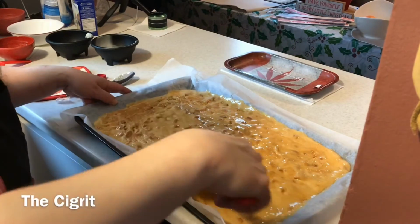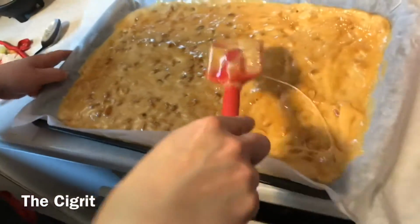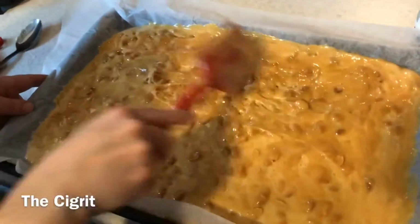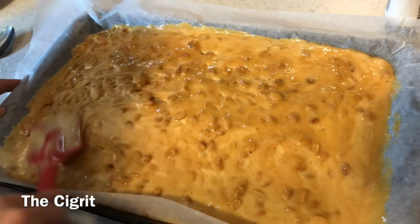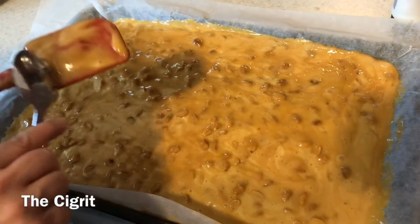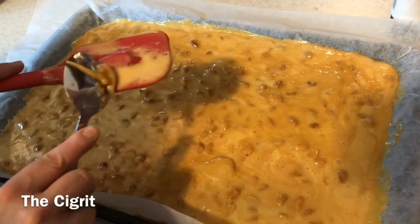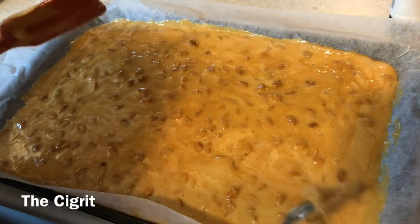Okay, so just as best as you can. It doesn't have to be perfect, just as long as it's made with love. It smells really good. It does. And I'll just take... No wasting. Okay, so,